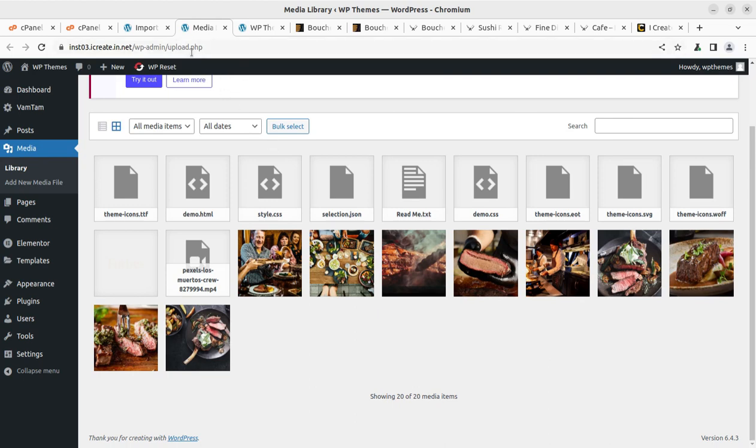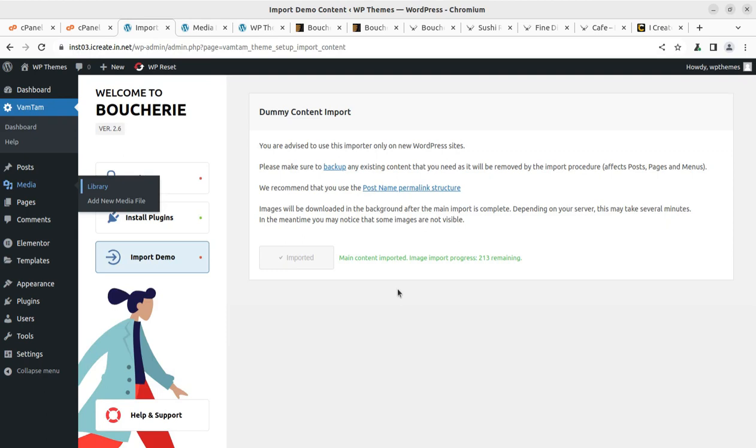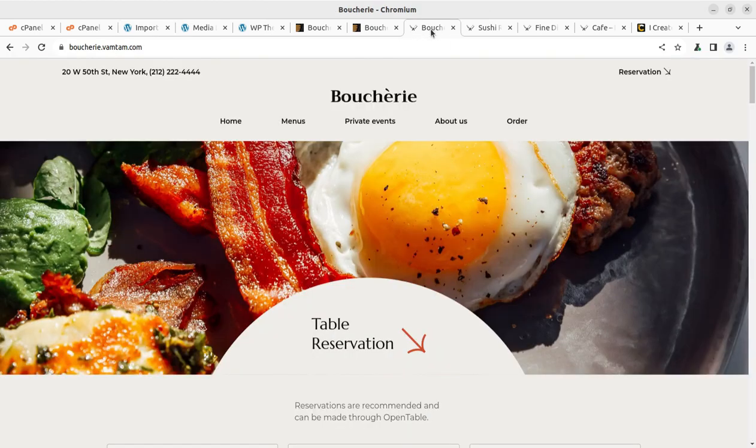Once it gets complete, we will have a new website. So show your patience here. Don't disturb the screen. Don't hit the back button. Don't refresh the page. Just wait. And meanwhile, while the demo import process is going on,